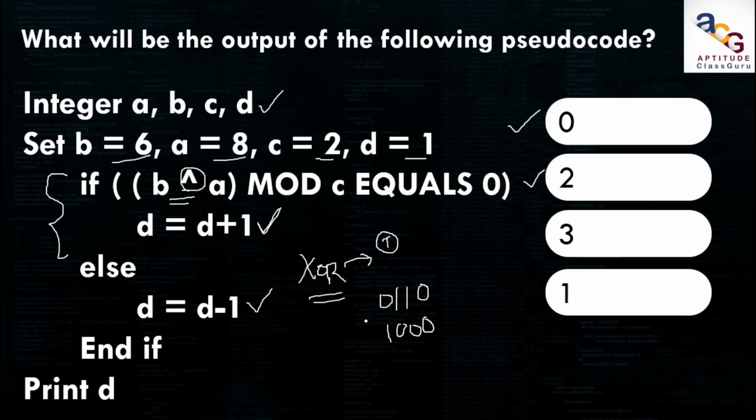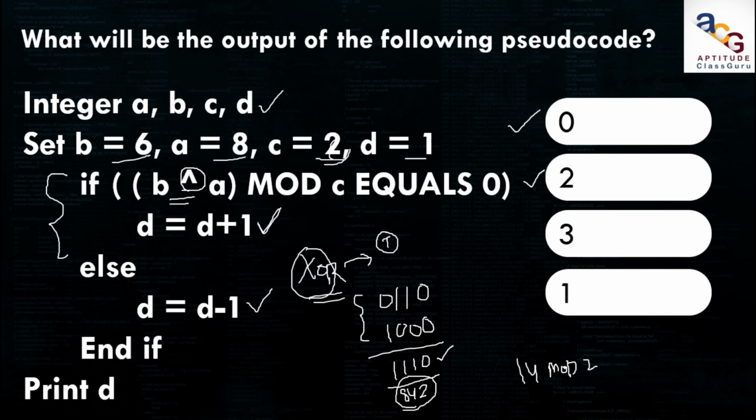So you have to perform the XOR operation among these two binary values such that if both the inputs are different, the output will be true. Such that here the value is 1, different, so value is 1, both are different, so value is 1, both are same, so value is 0. 1110 is nothing but 8 plus 4 plus 2, which is nothing but the answer is 14. 14 mod C. What is meant by 14 mod C? So what is the C value? It's 2, right? So 14 mod 2.